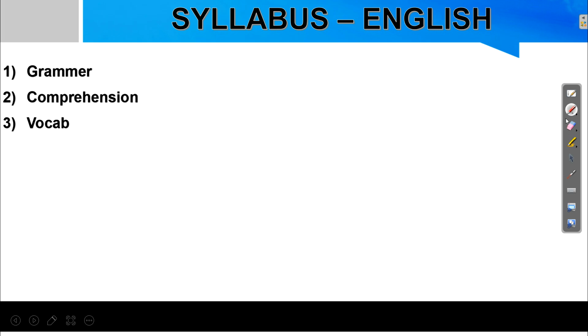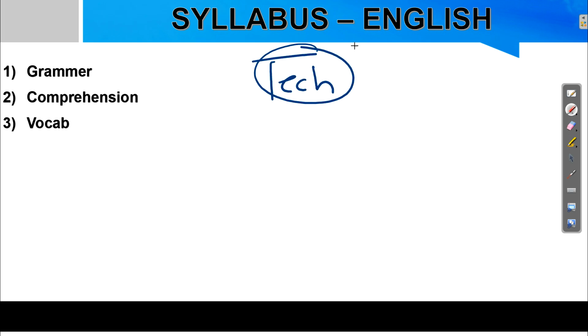Okay, now for technical, as you know only one paper is there, so a common syllabus will be there for EC and CSE. Okay, this syllabus is 90% confirmed and definitely it will vary 10%. So whatever the variation will be there, I will update you, whenever they update us, or I will get the update before them. So for now I will just tell you the syllabus and then I will move to the strategy video, that how you can complete it.